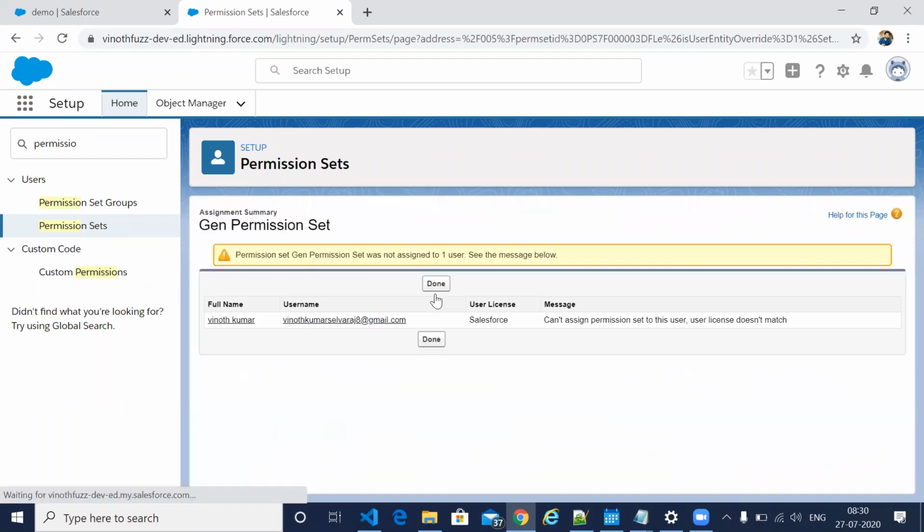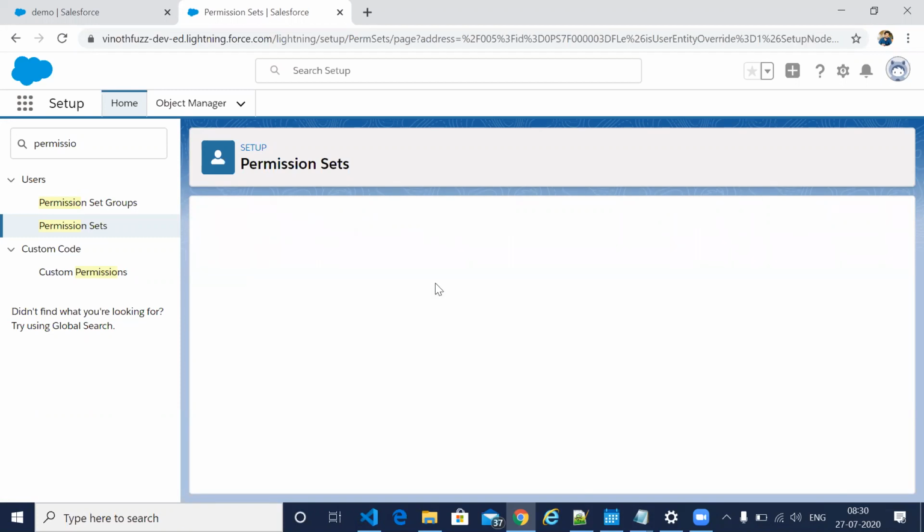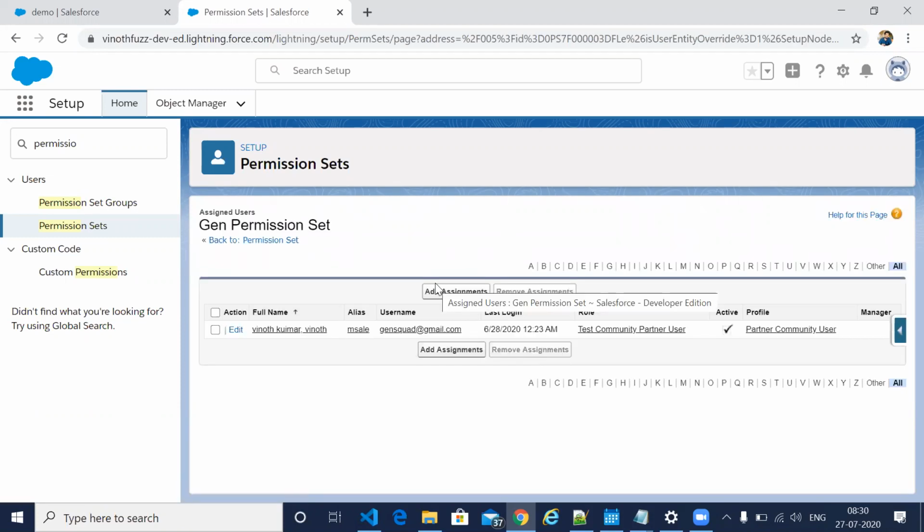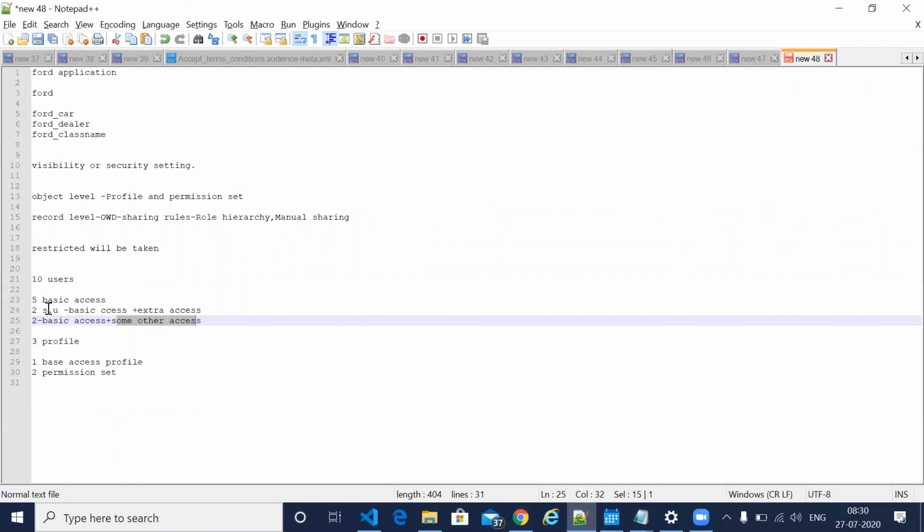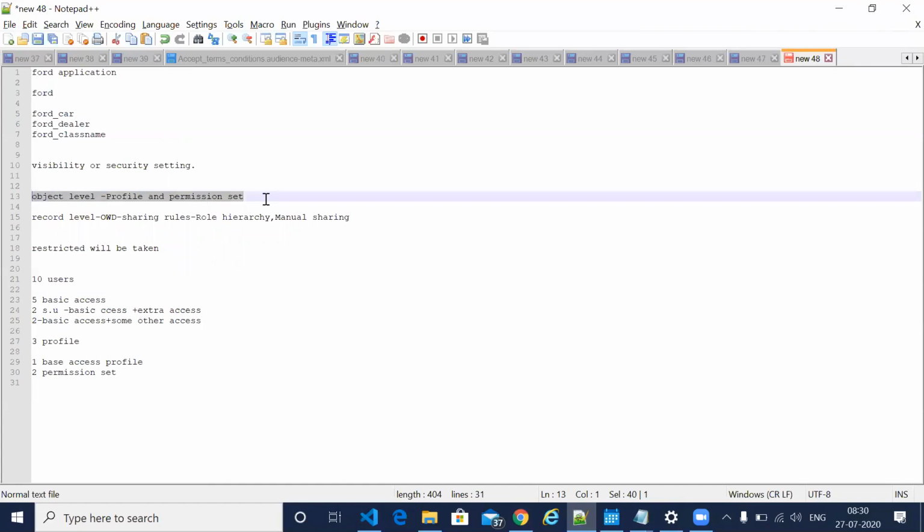Okay, so this is how we can control the access at the object level. Is that clear?